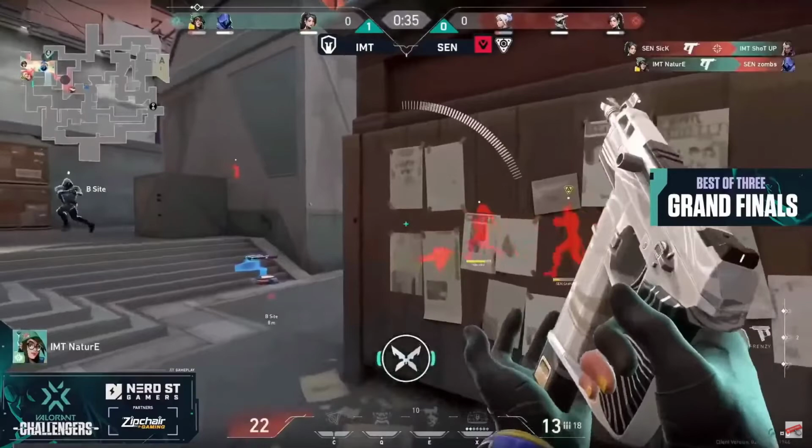From Immortals stacked up in that side, giving up mid completely as Nature was trying to take an off angle. But as they lose this player, they open up the A site, and that is going to be confirmed by the Neural Theft. Ult utilized by JC Stanny to get towards elbow. Quickly taken care of by Six. Shot Up is in position on the other side of screens, but there's a wall that's gone down from Sage,